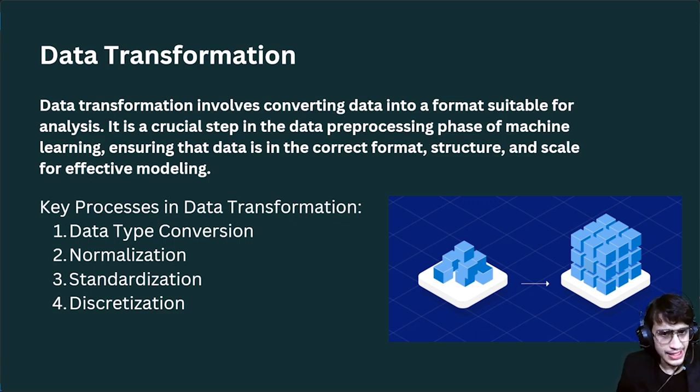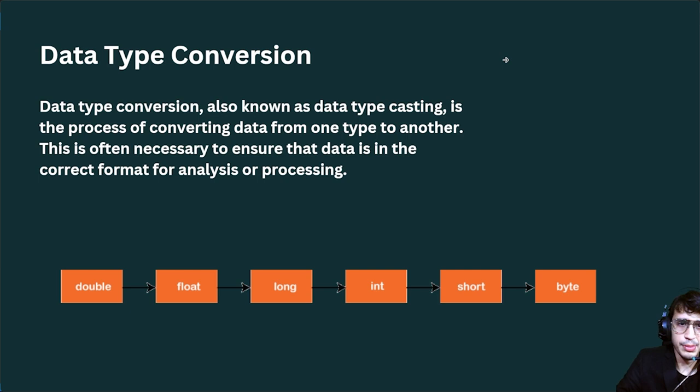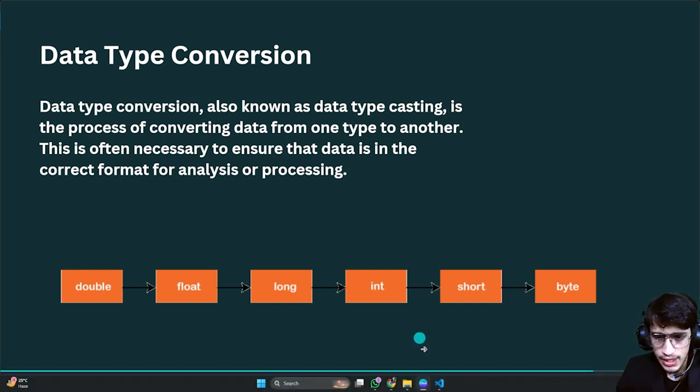There are four key processes in data transformation. One is data type conversion, second is normalization, third is standardization, fourth is discretization. Jumping to data type conversion, this is just converting the data type, like double to float, float to long, or long to int. Data type conversion, also known as data type casting, is the process of converting one data type to another. It's very basic, you have already done it in Python, but let's do it once again